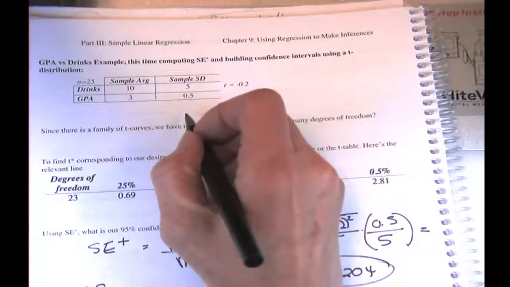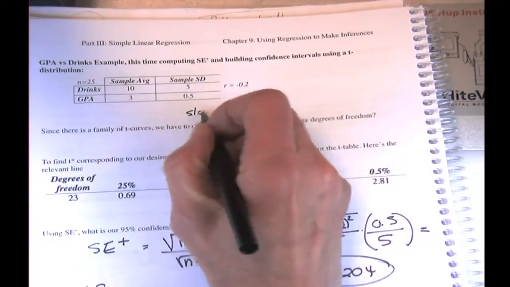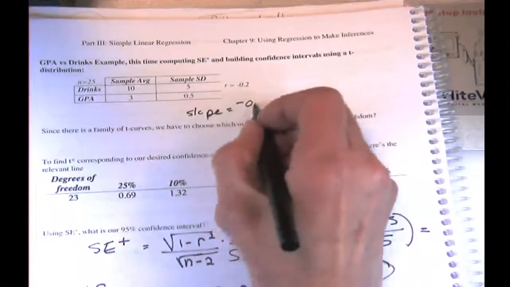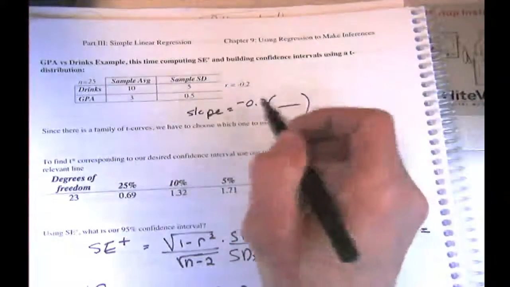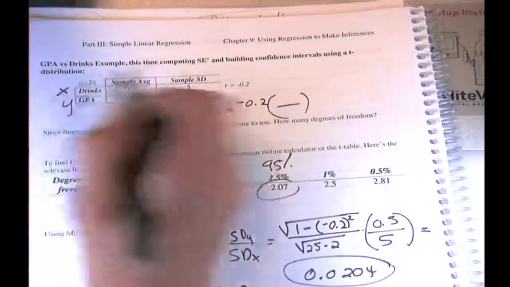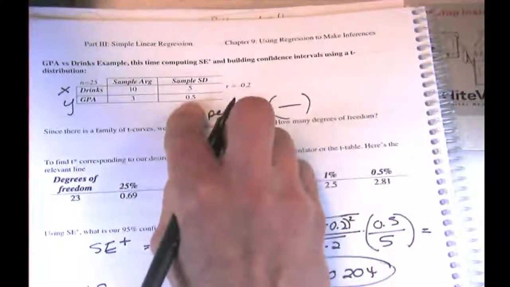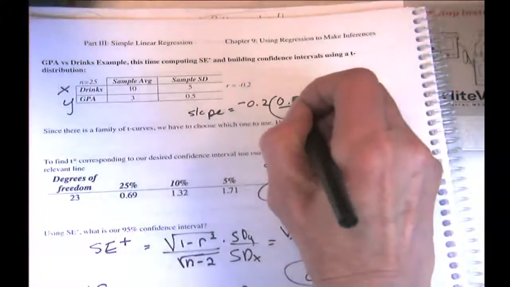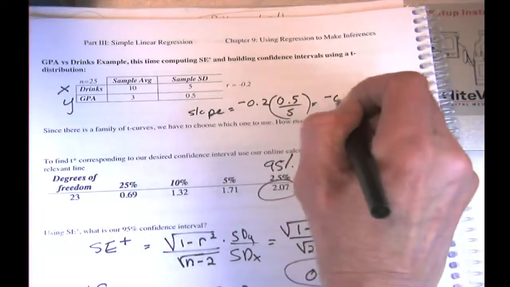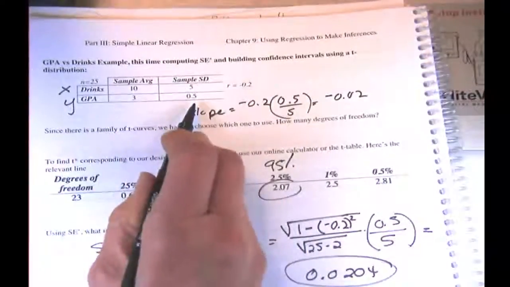That's not here, but you know how to do that. What would you do to change this to a slope? You're just getting the sample slope, and you'd say what? The sample slope is equal to R times the ratio of the standard deviations. We're trying to predict GPA from drinks, so it would be the standard deviation of the GPA over the standard deviation of drinks. And that's where we got that from. And that's in units of what? That's GPA points